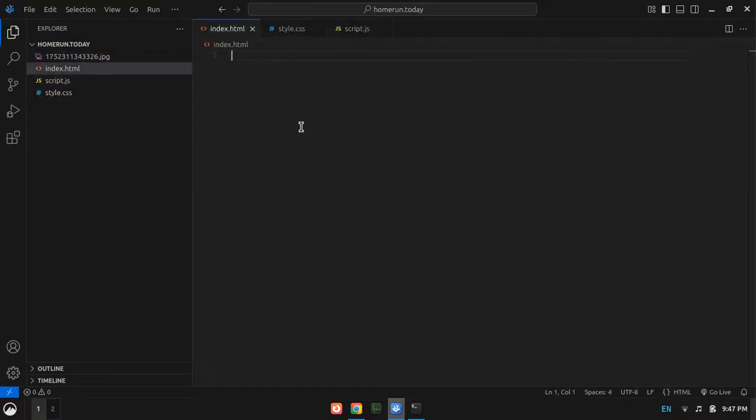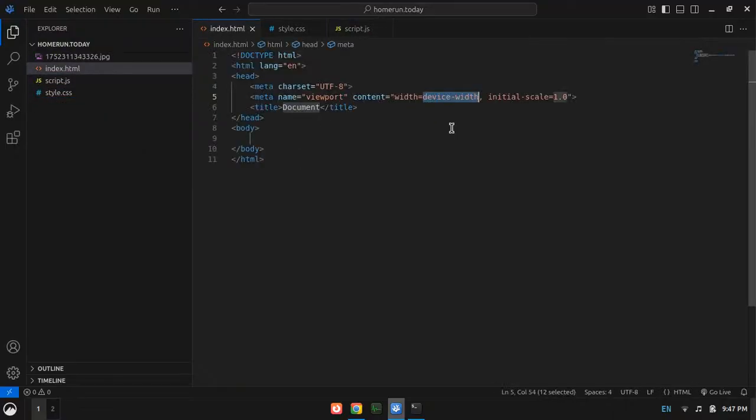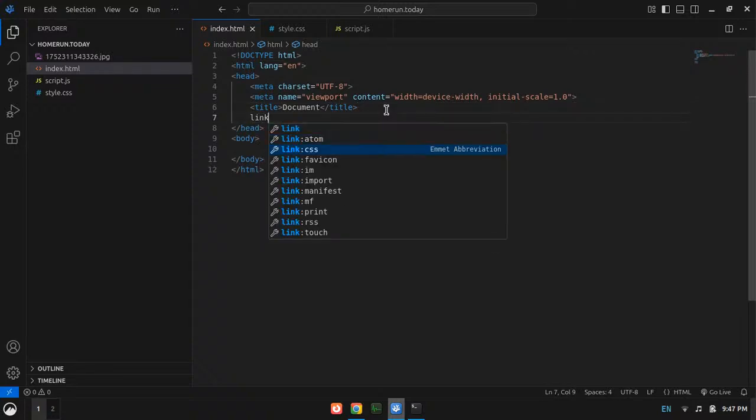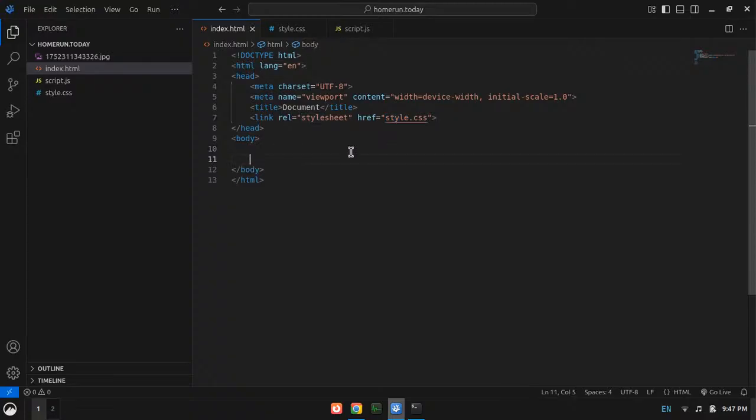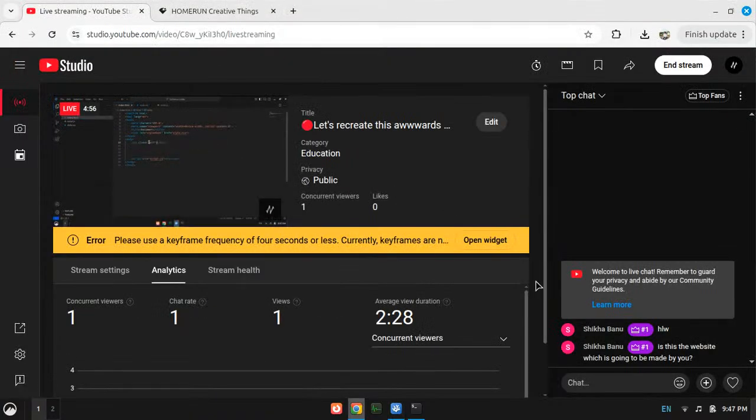Let's write the HTML boilerplate here, link the CSS, and then in the body add script.js. Then here I will create a main element and a page one element. Okay, right.